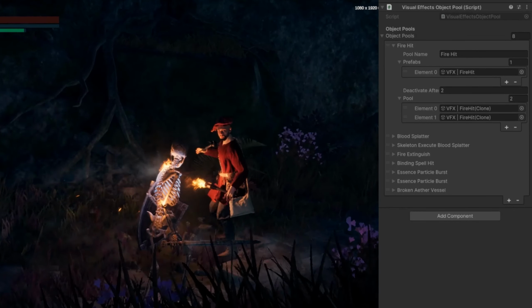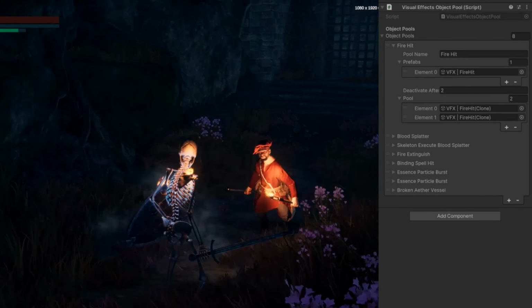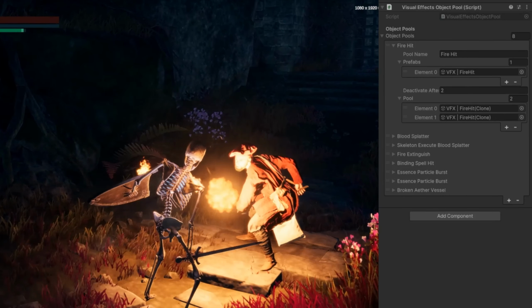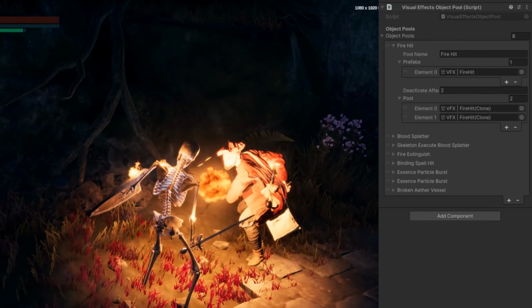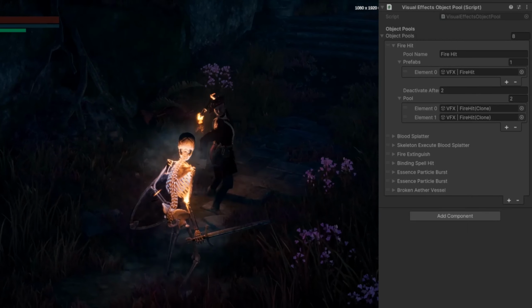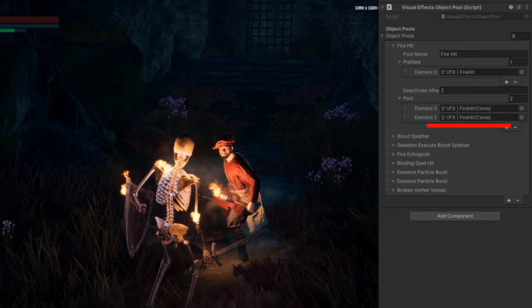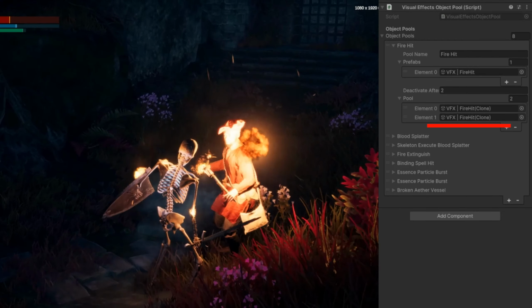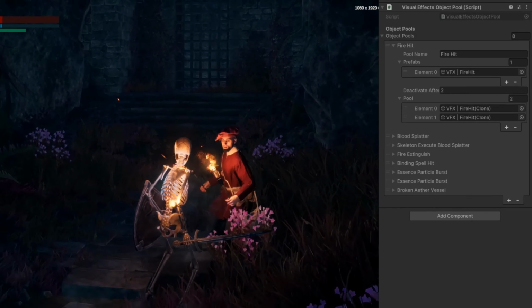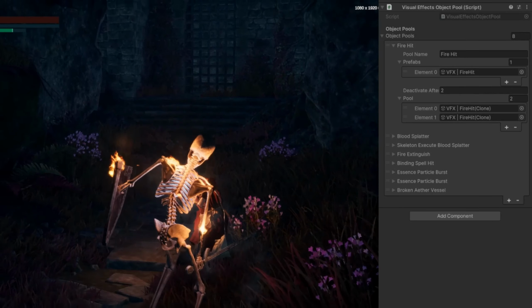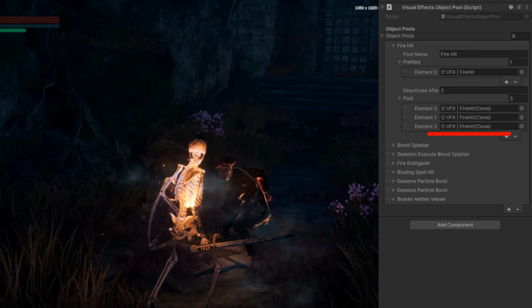There are cases though that the torches will hit us more than once within 2 seconds. In this case, the game object that is spawned first is still active, so the object pool has to create a new one to display that effect. This in turn duplicates the explosion prefab, giving us another object in our fire hit object pool, which you can see here. There are already 2 of them, and these 2 will be recycled when needed. And again, if in some cases we need another explosion effect while the 2 are active, the system will just create a new one and store it as one of the objects in the pool ready to be reused